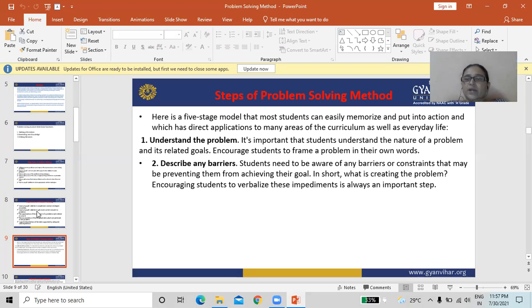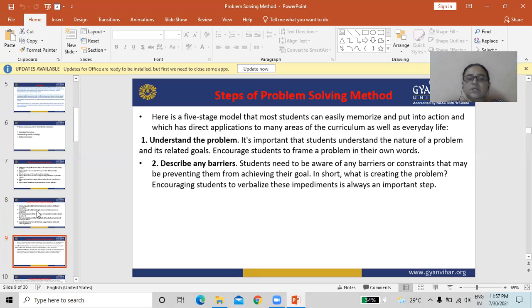So find out the hurdles and problems: what is the main problem, and what is the barrier in your problem? In short, what is creating the problem?